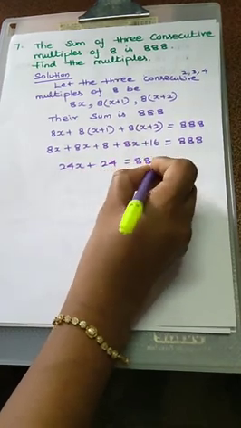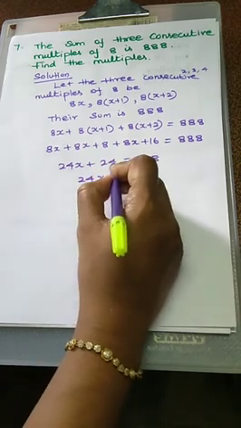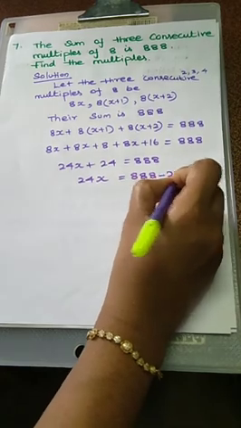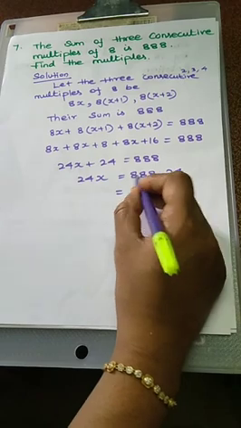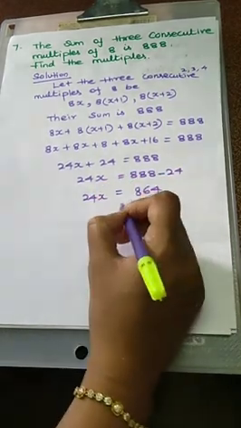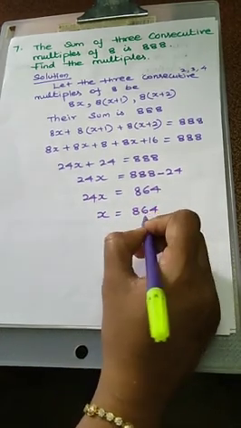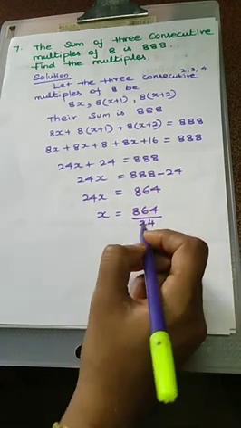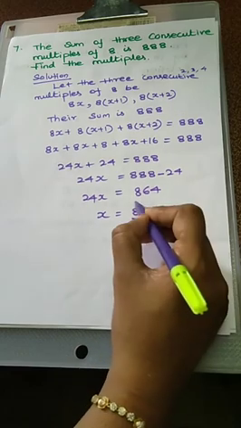equal to 888. Now we need the x value, no, so transposing the 24 value to RHS. 888 minus 24, subtract the value. 8 minus 4, 4. 8 minus 2, 6. Directly take the 8. 24x is equal to 864. So x is equal to 864 by 24. Okay. Now using the table of 8, we have to cancel. 8 3s are 24. 8 1s are 8.